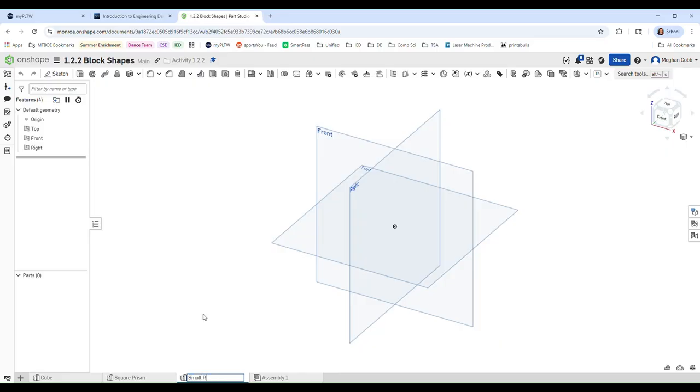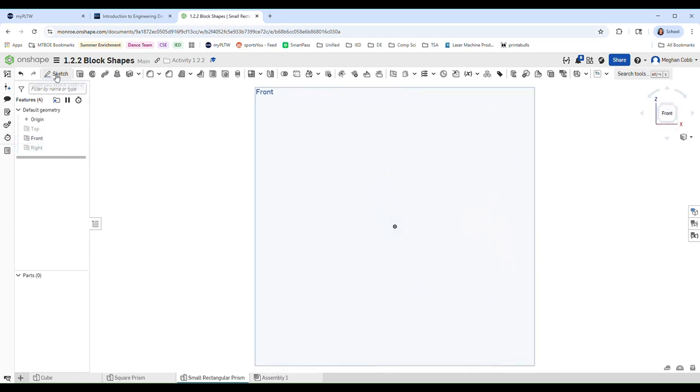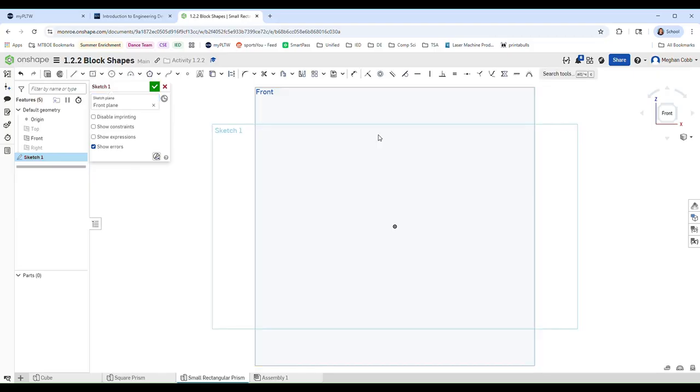Small rectangular prism. And I'm just hitting enter to get the name down there. I think for this one, I'm going to do it on the front view and extrude it back. So I'm going to hide my top and my right, select front from my cube over here, sketch, front, and